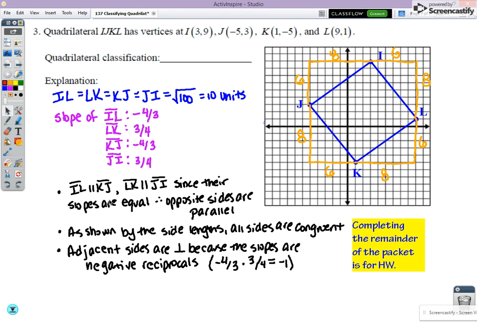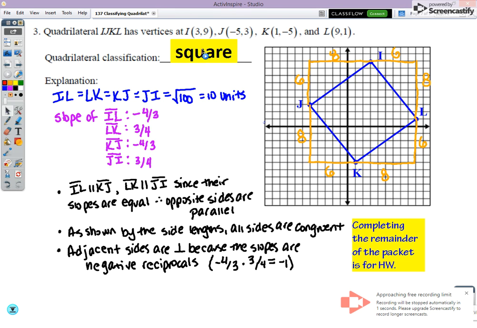So the first thing that I showed was my opposite sides are parallel, because their slopes are equal. Also, all the sides are congruent. And finally, adjacent sides are perpendicular because the slopes are negative reciprocals. All of these -4/3 times 3/4 equal -1. And so those 3 things, this makes it a parallelogram. This makes it a rhombus or a square in that mental checklist. And then finally, it's got to be a square. So finish up the